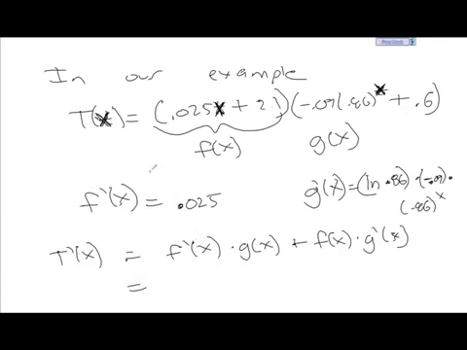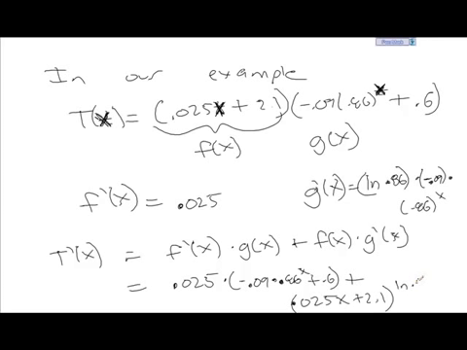So f prime of x I have written down, that's 0.025. g of x is the original function, this guy here, negative 0.09 times 0.86 to the x plus 0.6, plus, there's more, f of x, which is the original guy here. I'll write this a little bit lower, 0.025x plus 2.1. And g prime of x is its derivative, which is this big mess, ln 0.86